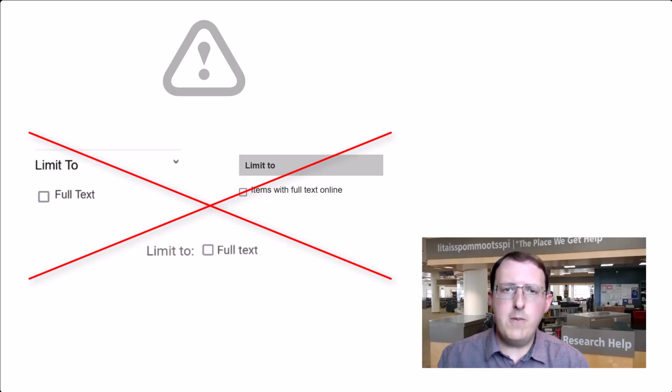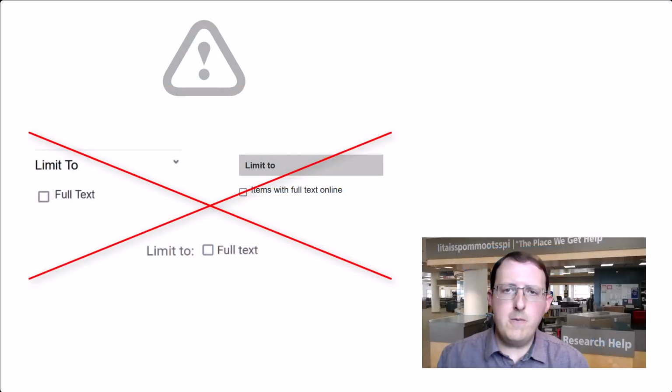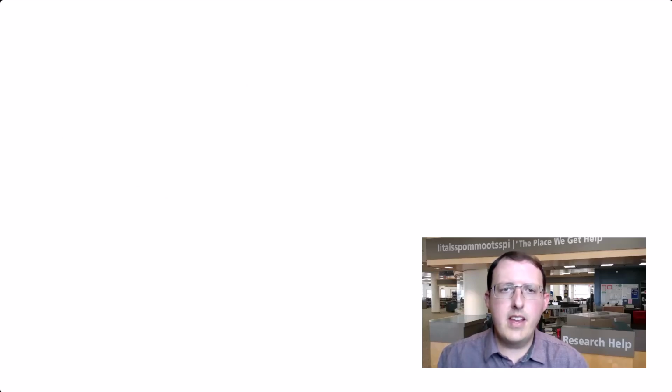Even if we don't have the full text in our collection, we can usually get it for you via interlibrary loan, provided you have some time. The full text limiter often filters out good, relevant sources that are readily available to you, so it's best not to use it. We encourage you to apply search filters after you've run the search, as taking this approach will